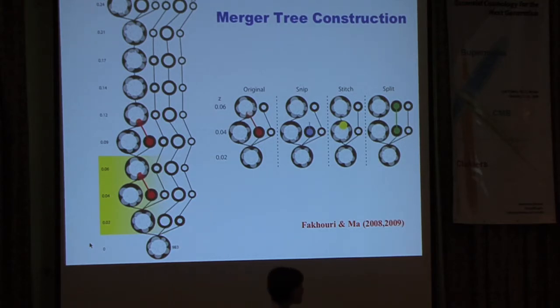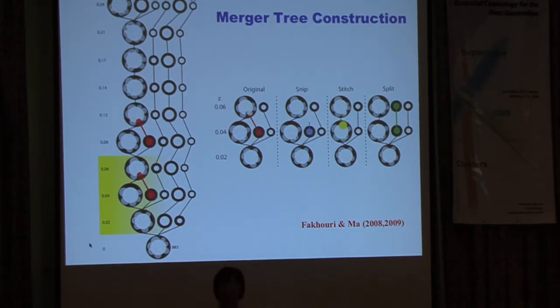Is that the case for the red object to the left? You have that red guy that merges and it doesn't come out? Or is that different? So that's the question, right? For this one, I don't remember. No, here you see it, right? Exactly, that's exactly the point. So they went out and in, out and in, and then it stayed merged. So you may want to just count the first time as the merger, and then not count the subsequent times. We want to be careful with this.